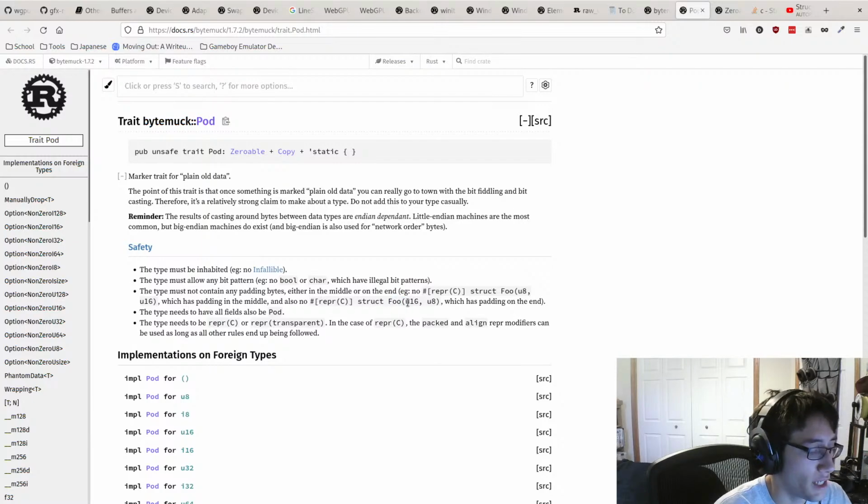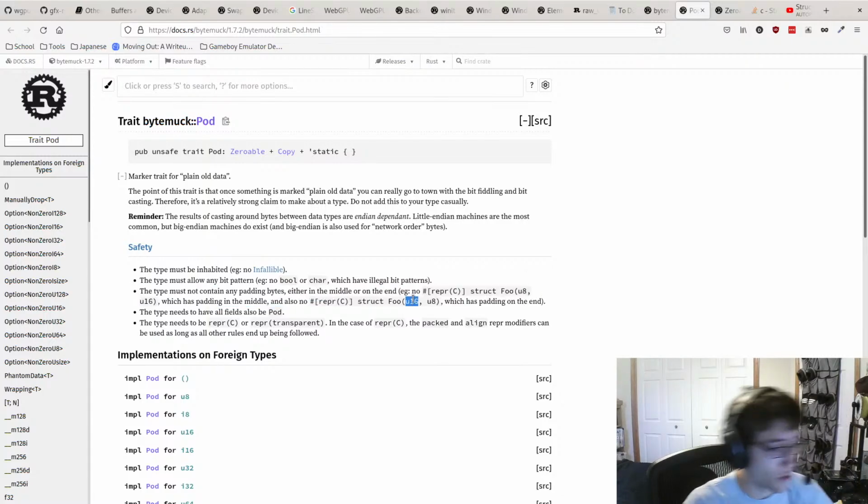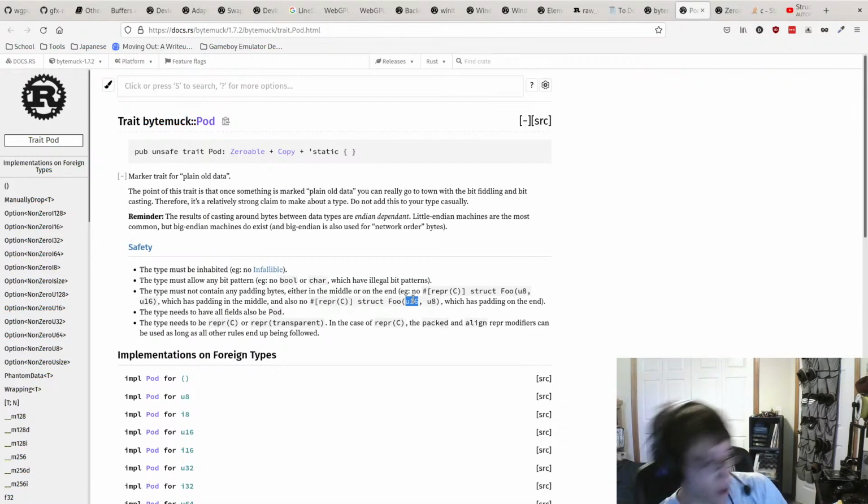But to make it easier to process, it makes both of these 2 bytes long to get a 32-bit, a 4-byte struct for memory. But why? Because 16, it would still be hard on the processor, right? Because